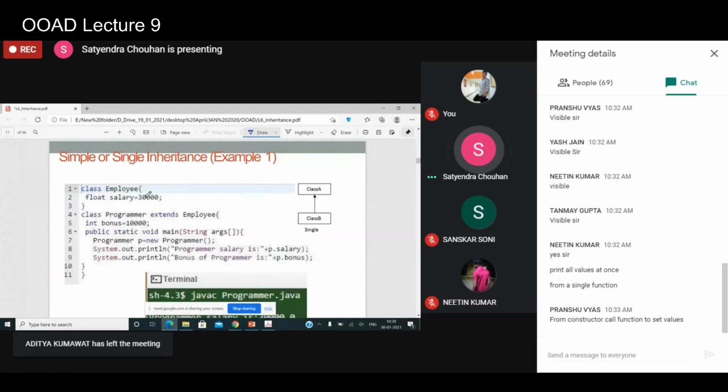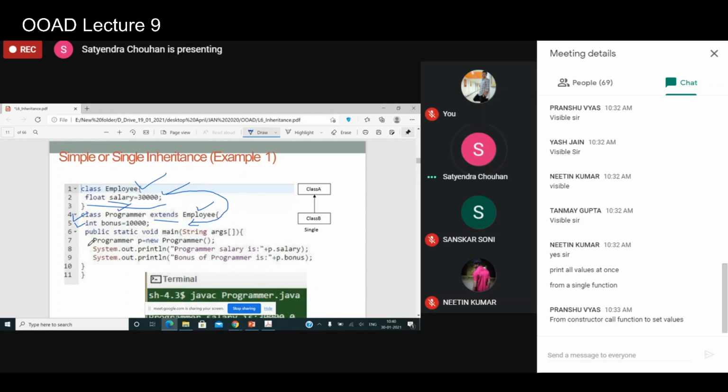For example, in a single inheritance, let's say we have created a class called employee, with an instance variable salary, which is 30,000, and a particular employee type, programmer, which extends employee. There is another instance variable inside programmer, bonus. You see the salary instance variable is not a private member, so it gets inherited in the programmer class.